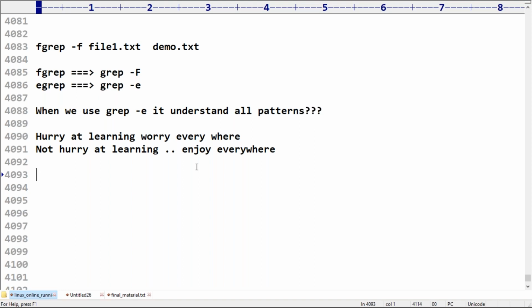Especially working people can acknowledge my words. Do you know, 30 days of work, 2 or 3 days is more than enough if you really concentrate and are confident in the subject. But the only problem is you are not confident in the subject. That's why 30 days will become 3 months also.